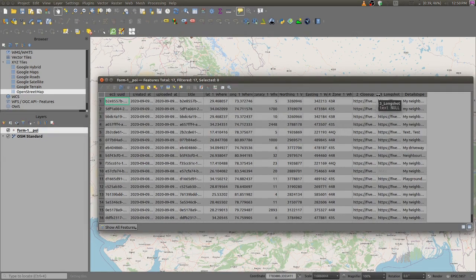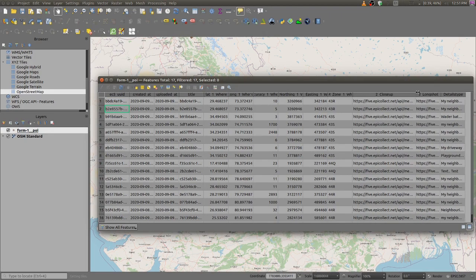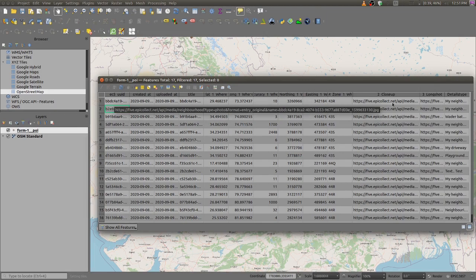This is the lat long, and these fields are linked to the photographs which you clicked when you were collecting the data. During the training, we will see how we can bring those photographs into the map, and we will see all those things in detail during the course of the training.